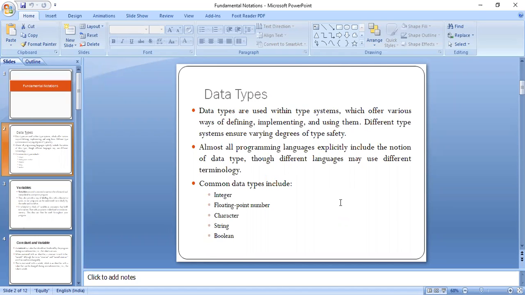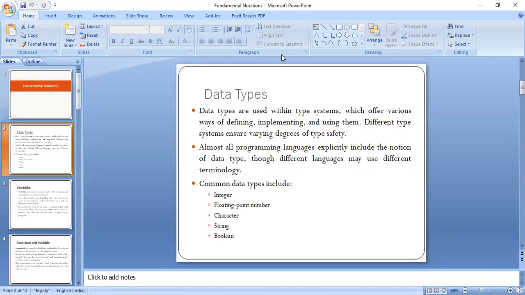So we have various types of data type like integer, floating point number, characters, string and boolean.